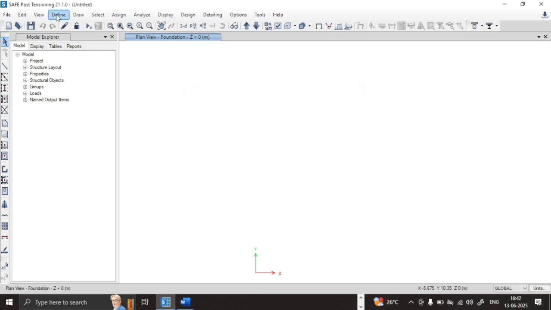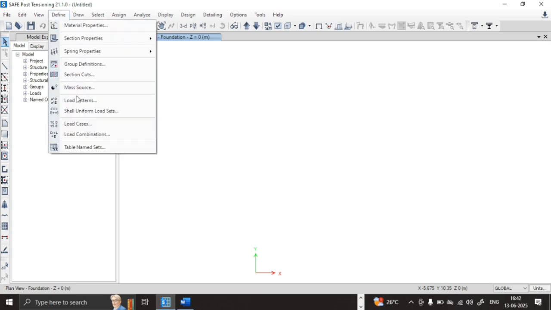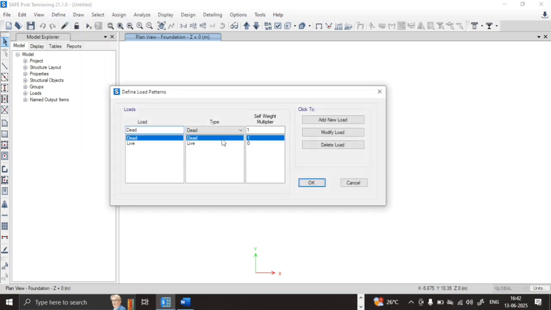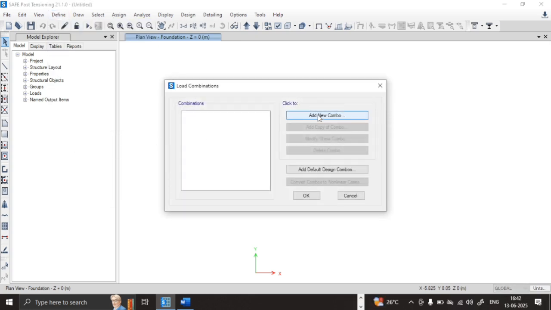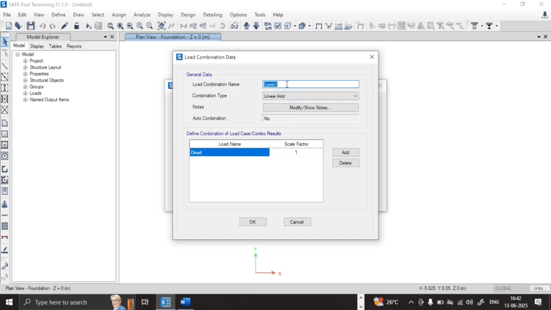Okay. Now define load pattern. Here dead is equal to 1, live is equal to 0, okay? Don't change anything. And then load combinations. In load combinations I will use live load, 1 live load. I am not using here 1 dead load plus 1 live load, because I want to validate the manual design